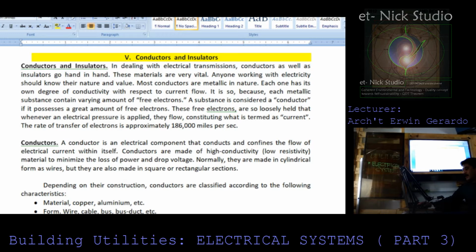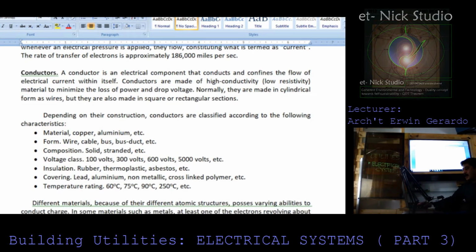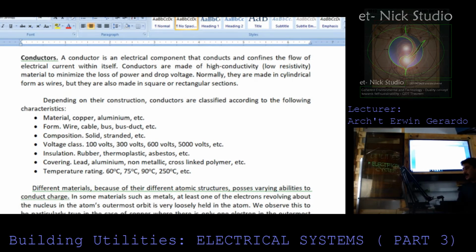A conductor is an electrical component that conducts and confines the flow of electrical current within itself. Conductors are made of high conductivity or low resistivity materials to minimize the loss of power and voltage drop. Normally, they are made of cylindrical form as wires, but they are also made in square or rectangular sections. Depending on their construction, conductors are classified according to the following characteristics: